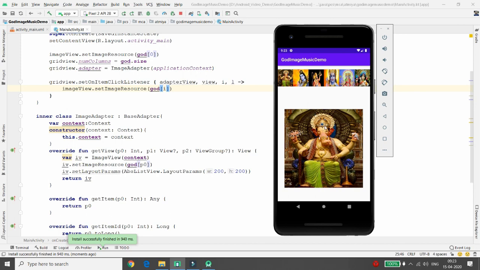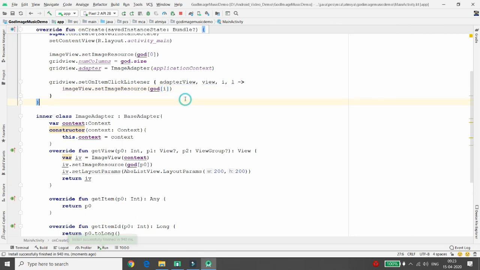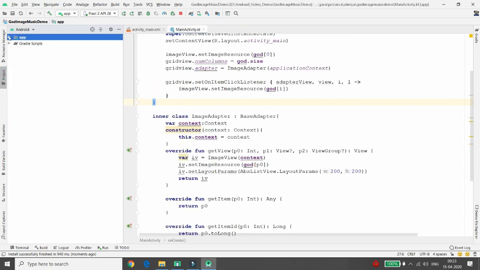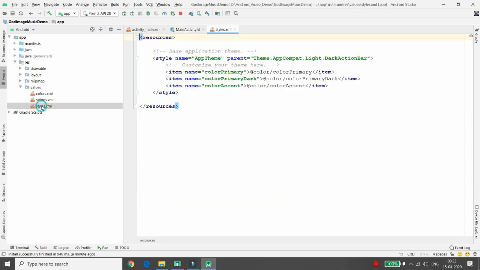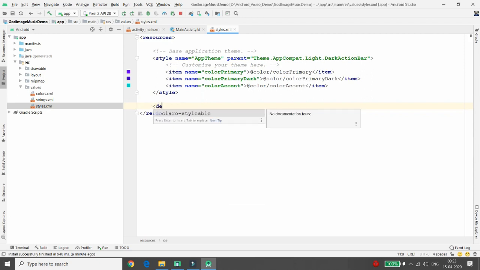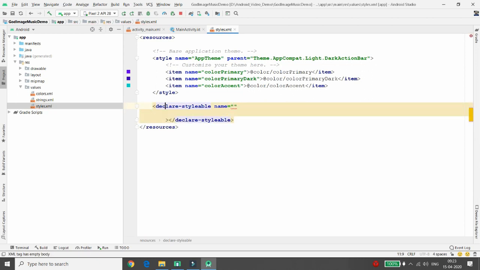But I don't want to do only this. I want to put a background on all of these images. So whenever you want to put a background on the images, you can move to your project, then to resource, then to values, and here you can click on styles.xml. Here you can define the style of your background. So I'm just declaring a declare-styleable. In declare-styleable, you can define the name of your style. I'm just giving the name of my style, that is